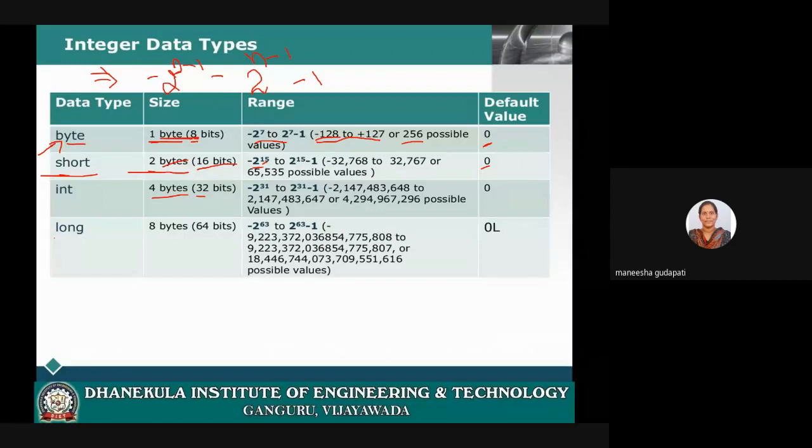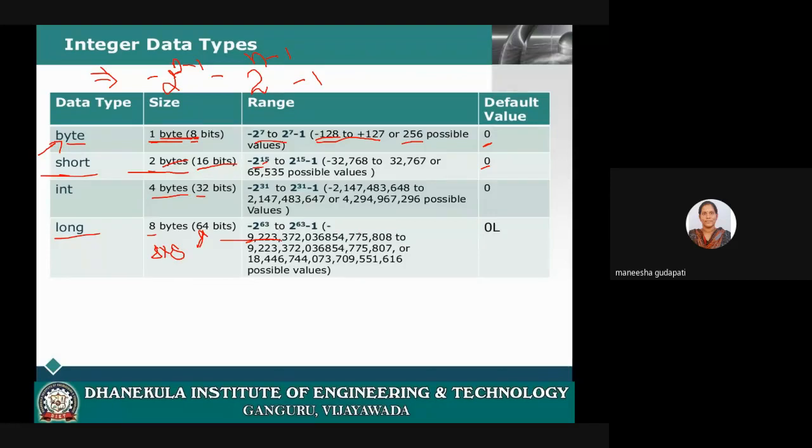Then long data type. This long data type occupies 8 bytes of memory location. What is 8 bytes? 8 into 8 bits. What is 8 into 8? 8 into 8 is 64 bits. So that means you can store the numbers from minus 2 power 63.